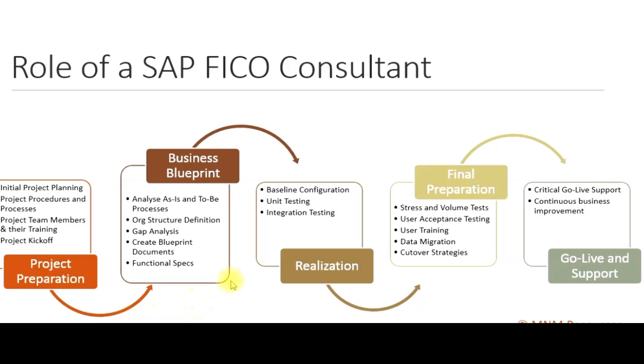Next stage is very important, and I would say one of the most critical stages is the business blueprint. This is the design of your whole SAP implementation. So in business blueprint, you're going to discuss with the users and analyze what is the current system doing and how do you want to go forward in SAP. Then you have to define the organization structure. These are the organization's departments and divisions, and also how you want to have each processes defined for each of